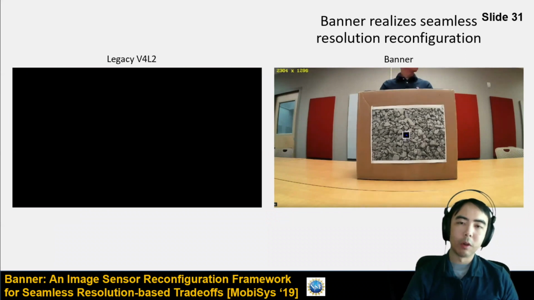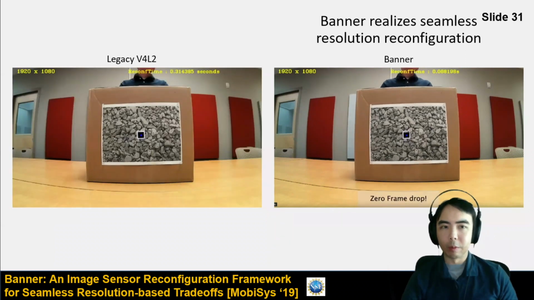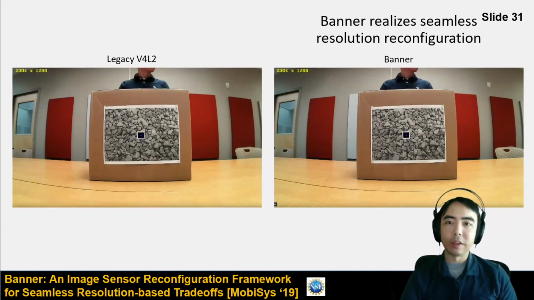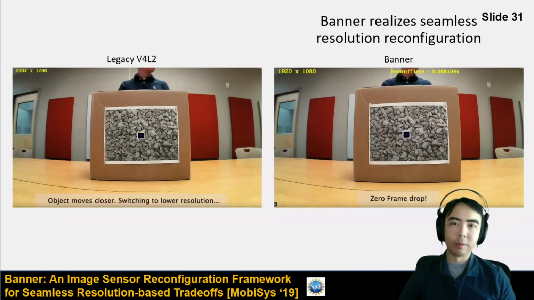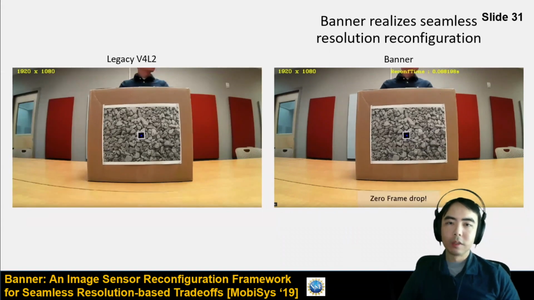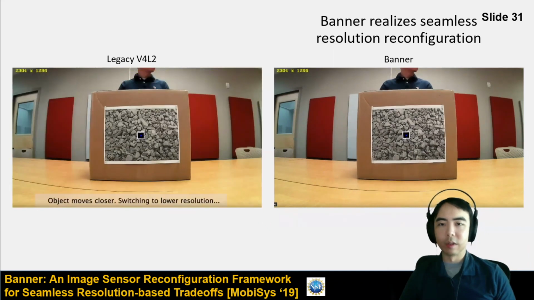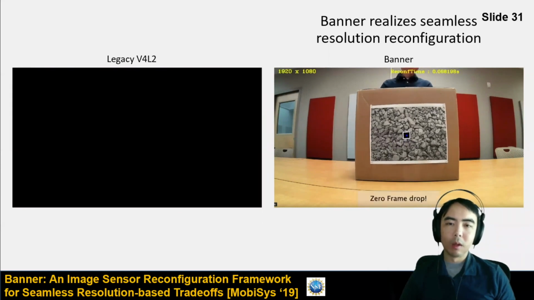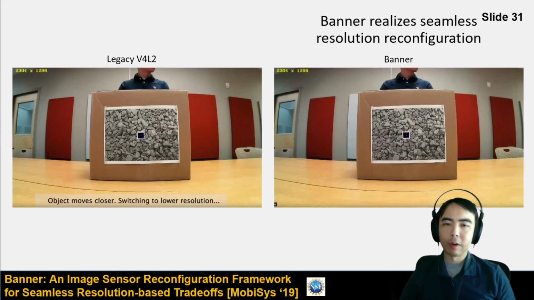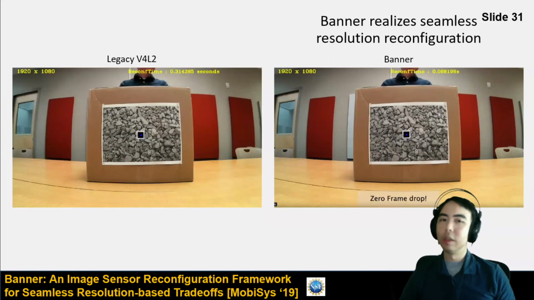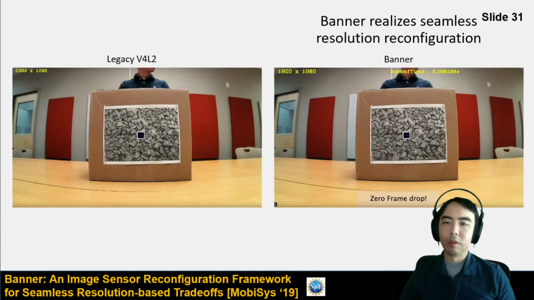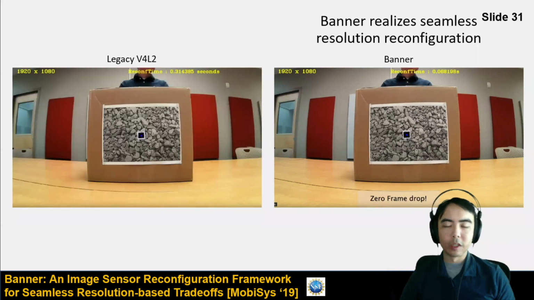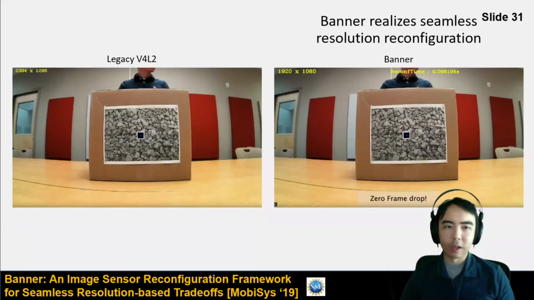However, if you're going to be merging those streams through the media framework, you're going to have to combat these issues along the way as well, and you'll have to have these strategies to create this seamless reconfiguration between those sensor streams. So it kind of depends is the point here. Oftentimes, the reason you have these different sensors is for different focal abilities. If they operate at the same resolutions but different focal abilities, you won't have the issues of resolution reconfiguration. The issues that we're trying to solve here through the media framework are specific to where you're jumping from low to high or high to low resolutions.